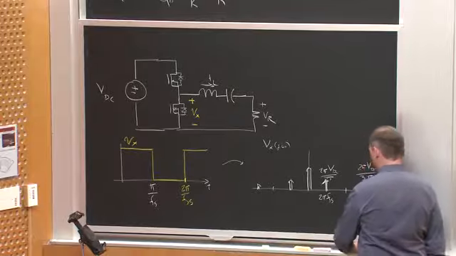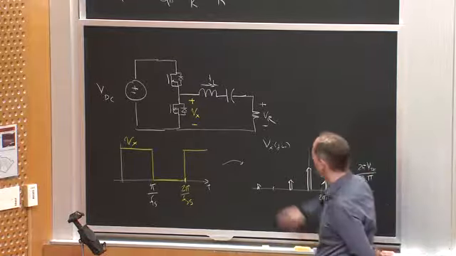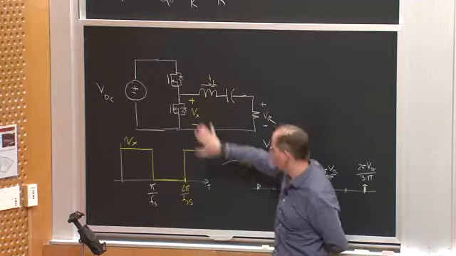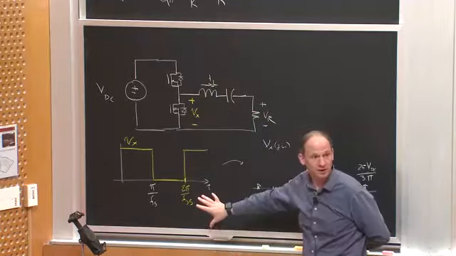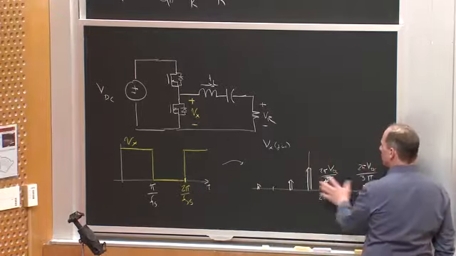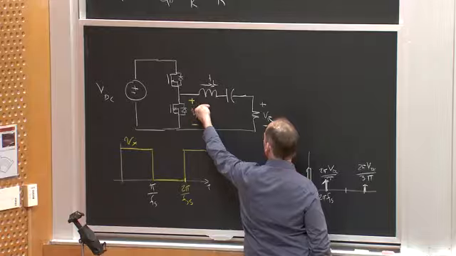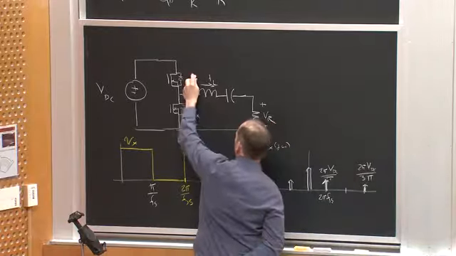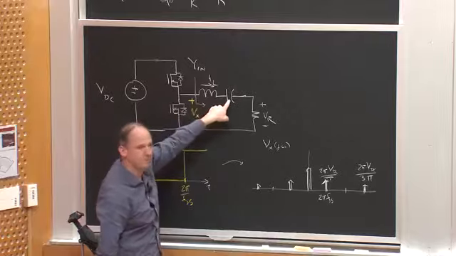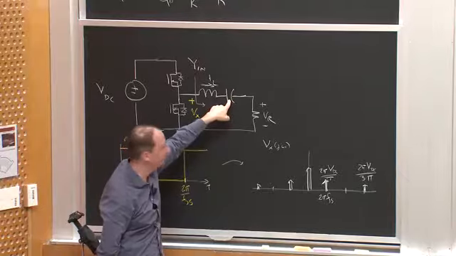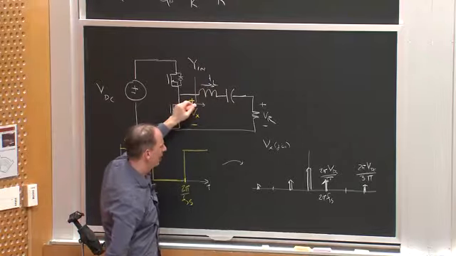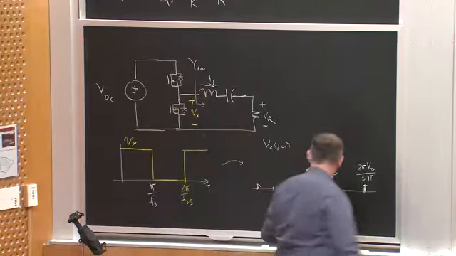But what's important about this waveform is if I believe that this network is going to be doing a good job of filtering this square wave, in terms of what's important for driving current in this network, as long as this looks like a high impedance or a low admittance, I'm looking in here, this is Yin. As long as the admittance is low, with 0 at DC because of the capacitor, so I don't really care about the DC component. And as long as this looks like a high impedance or a low admittance at the third harmonic, the only element I really care about is the fundamental,